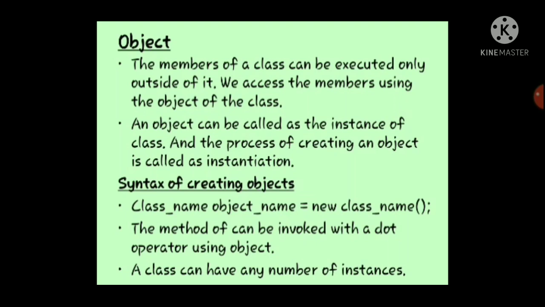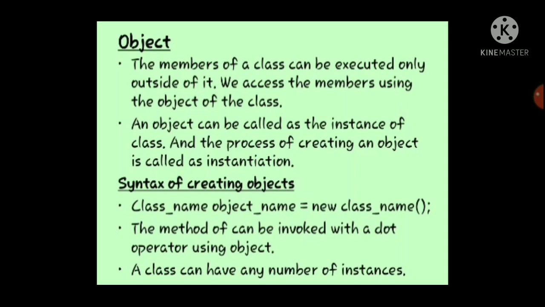Okay, right. Then syntax of creating objects. Object oriented programming languages have different syntax for creating objects. In C++ we follow a syntax, in Java we follow a syntax, in PHP we follow a syntax. So there are different syntax for different object oriented programming languages. Here in Java, the syntax that is followed is class name space object name equals new class name followed by open and closed parenthesis. If any argument is there, we can give the argument inside the parenthesis. If not, we'll leave the parenthesis empty. So that is the syntax of creating objects, right?